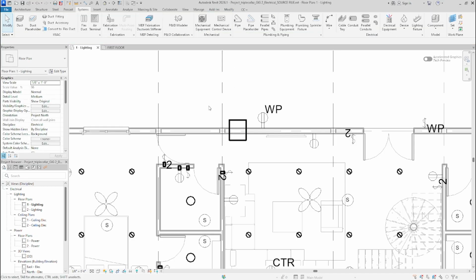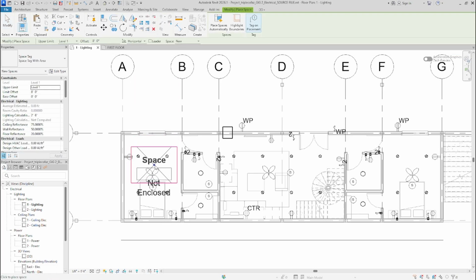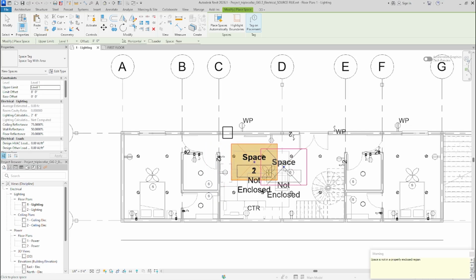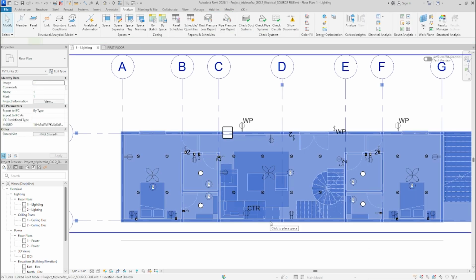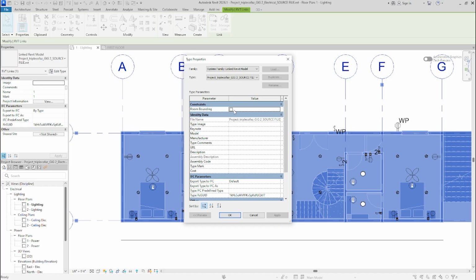Now let's create a space. Go to the Analyze tab and select Space. Hover over the rooms. If the text Space Not Enclosed appears, it's because the linked Revit model is not room bounding. So select the linked model and in the Edit Type window, check the room bounding parameter checkbox and click